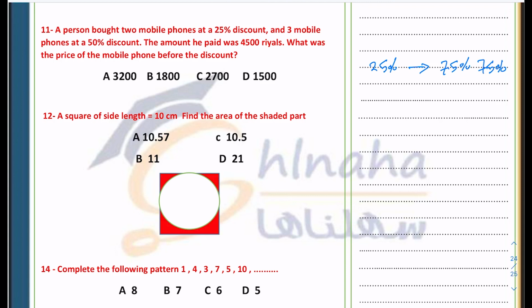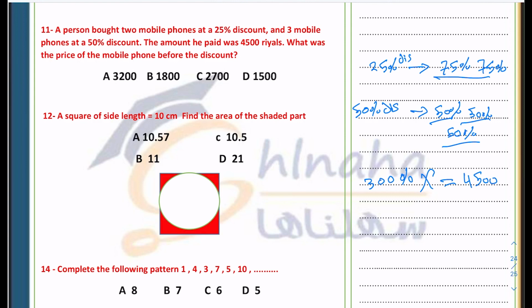If I have 50% discount, I should pay 50%. And another 50% for the second, and then another 50% for the third. Now, what is the total percent we have? 75 and 75 is 150. 150 plus 50 is 200, plus 50 is 250, plus 50 is 300. So 300% of the phone price equals